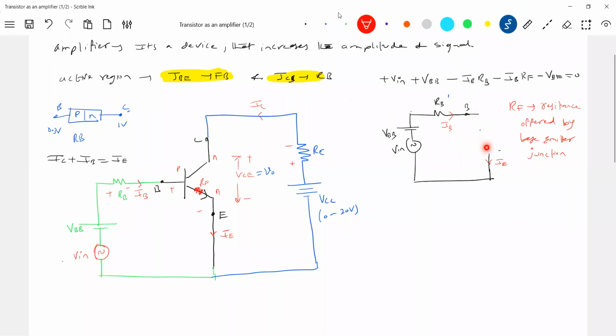So what most teachers do is show students like this. This is RF. This is VBE. Till here, okay. After this, it becomes emitter current. This will be more troublesome for you. So what is this? Here IB, here it gets added up. Collector current will get added up. I'll bring it.